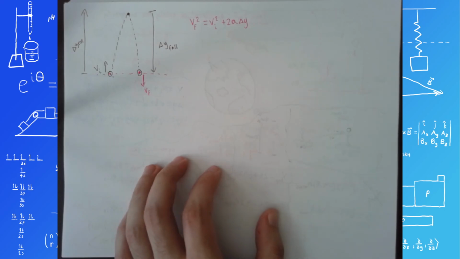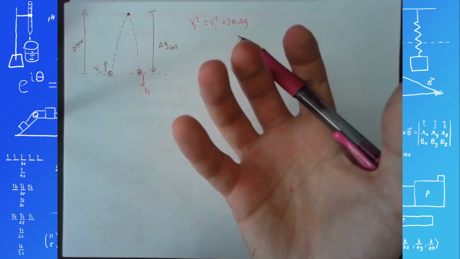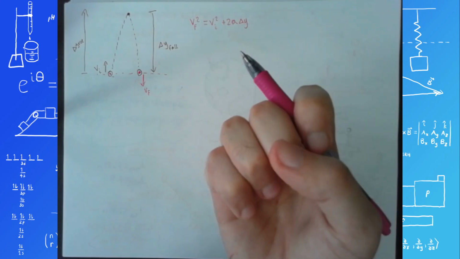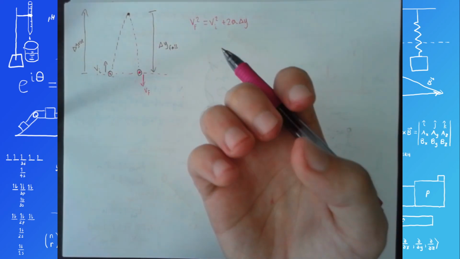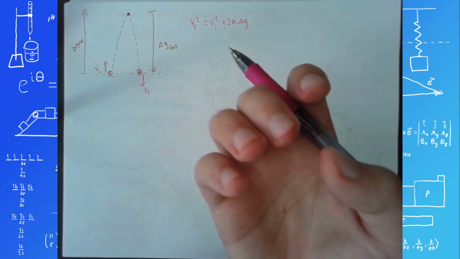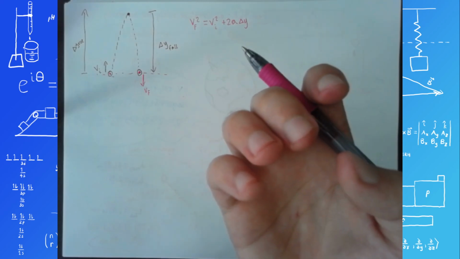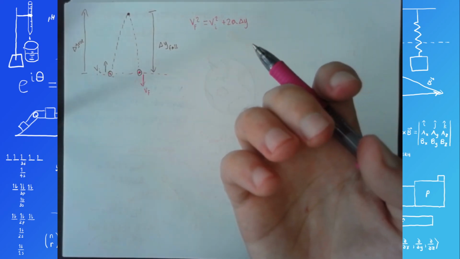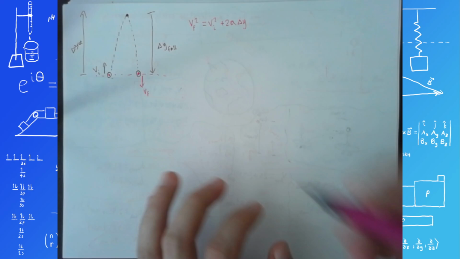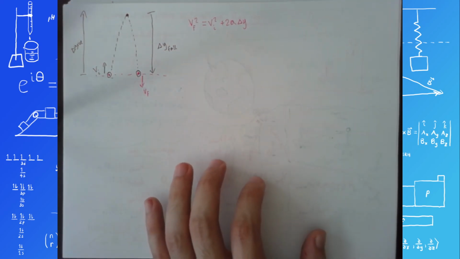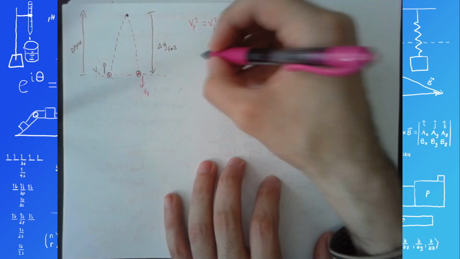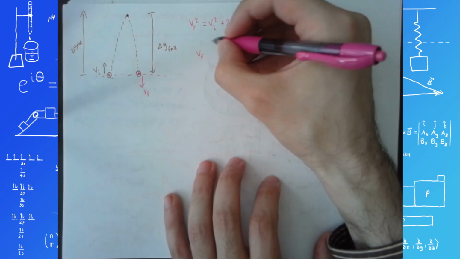If I was standing with a ball in my hand and my hand was 2 meters above the ground and I threw it into the air and it came back down and I caught it, then its final location when I catch it is also 2 meters above the ground, and the difference between 2 meters and 2 meters above ground is 0. The overall change in height was 0. So yeah, this is just going to be a 0, which tells me v final squared equals v initial squared,